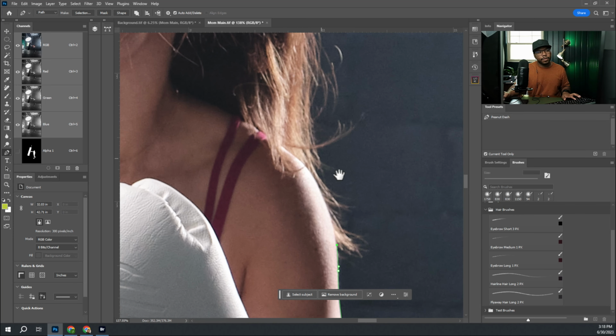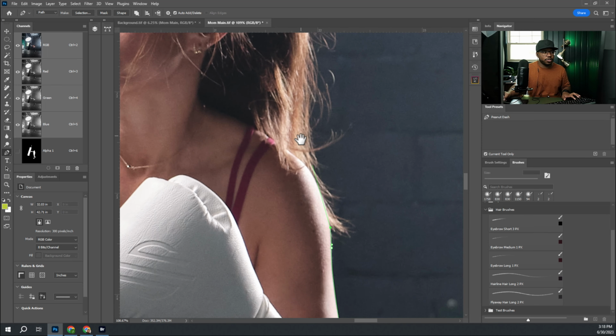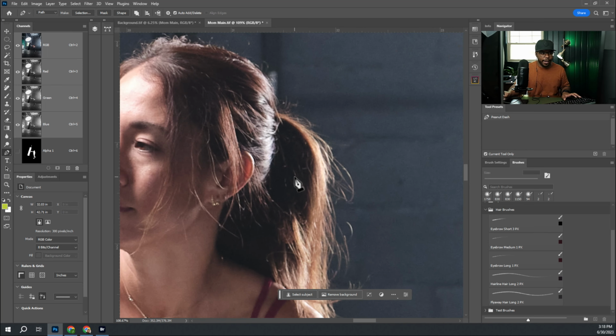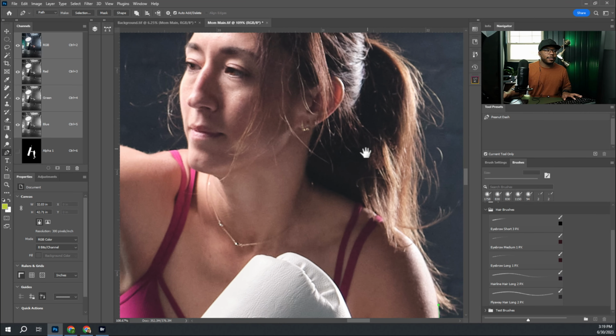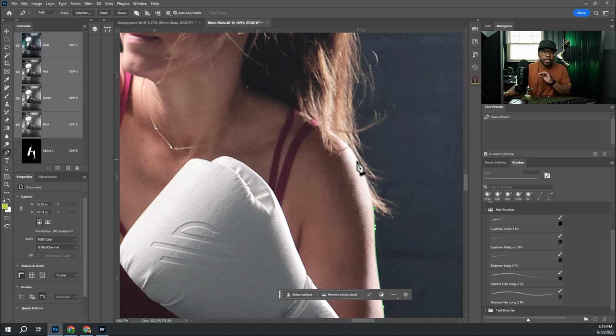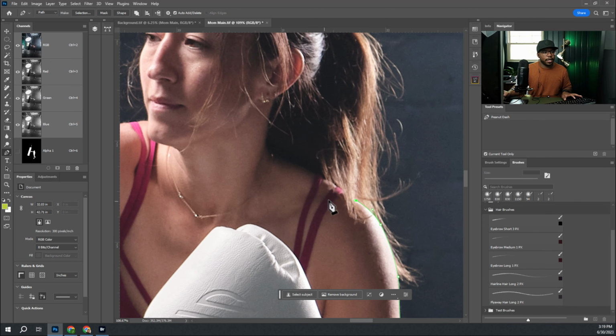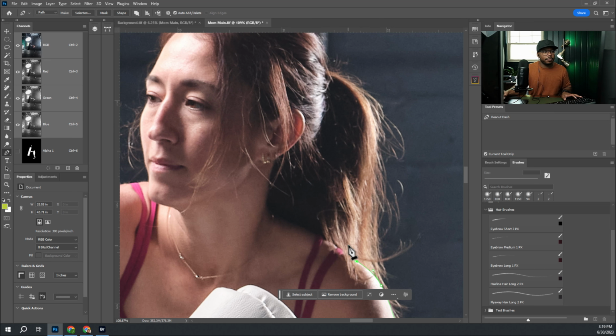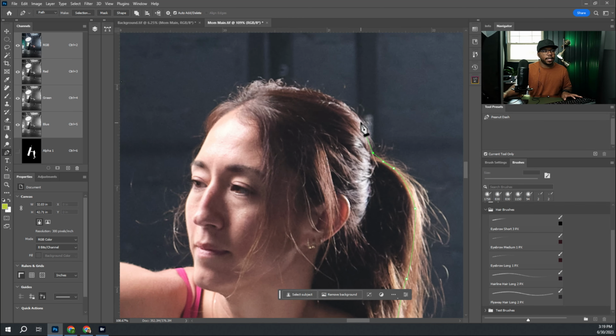So here's where this starts to get interesting, because we're using the pen tool, right, which is making straight lines, but we want to select the hair. And obviously you're not going to pen tool around each one of these hairs. The best way I've found to do this is to get a solid selection around the person's body first. So I'm going to go in and I'm going to get her arm like that, so we have a clean line. And then I'm going to kind of do a rough outline, kind of close to the flyaways, but not entirely into flyaways,